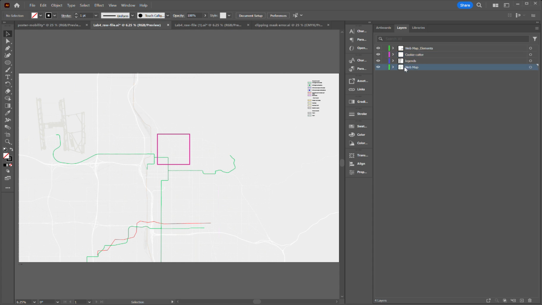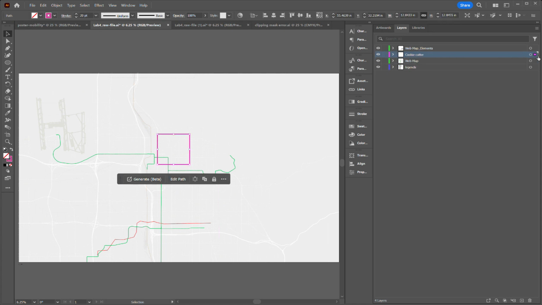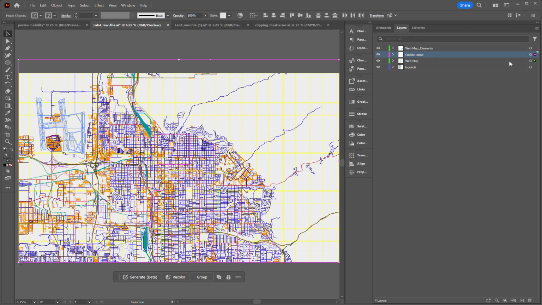The web map layer will be right below the cookie cutter layer. So all you need is a cookie cutter layer and the web map layer, and then click on this area at the side, hold down Shift key and click on this area again for the web map layer. So this way everything else will be selected,